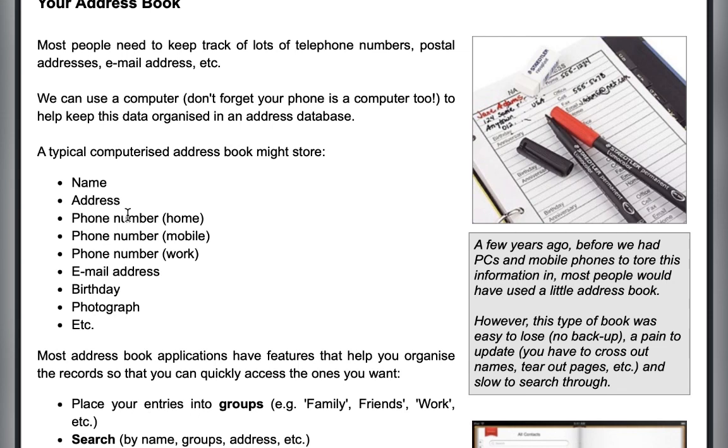You can even download an address book, and then you begin to save people's information. You put their name, their physical address, like house address, and their phone number. Some people have a home phone number, an office phone number, and a mobile phone number. Many of us have these three. If you're working, you have these three. You have the home number from Unify, the mobile number from your mobile telecommunication company, and your work number from your office. So you have all these things.